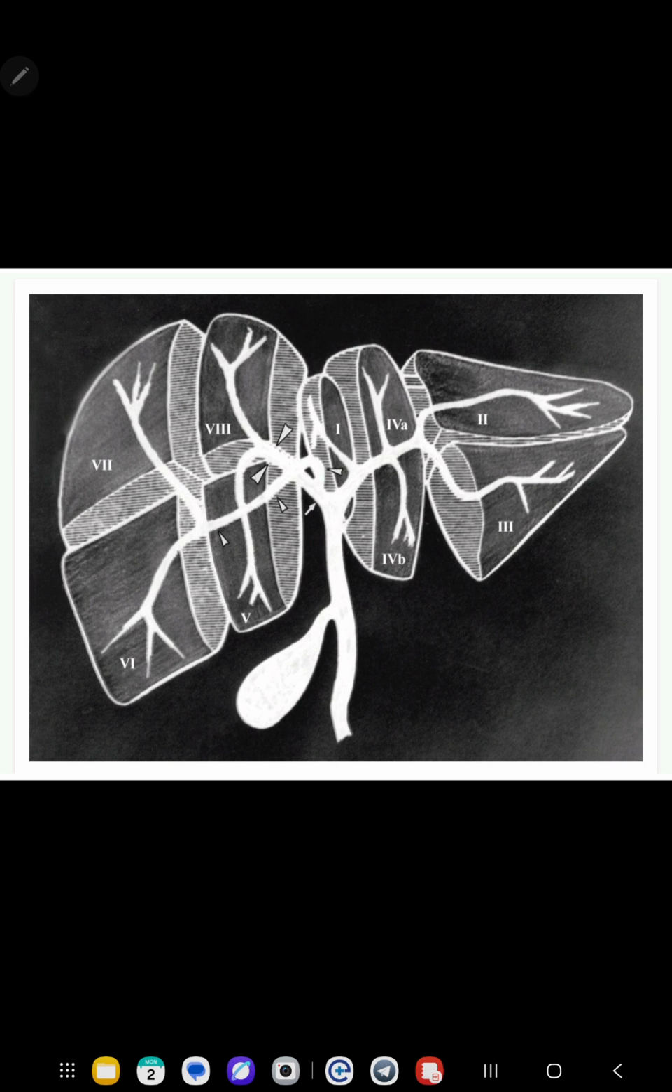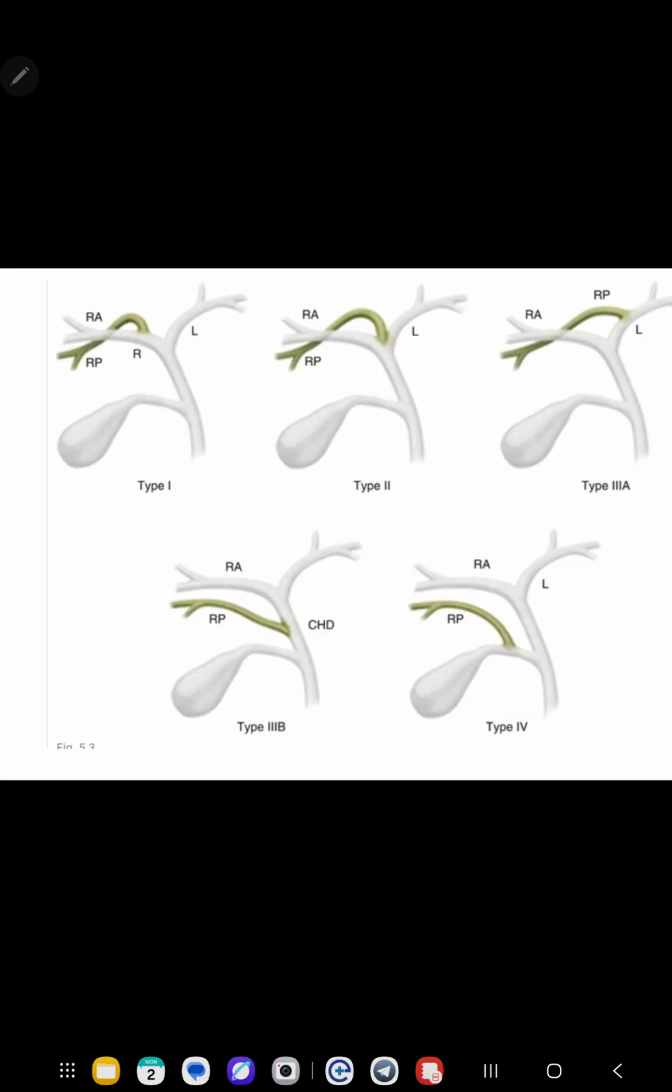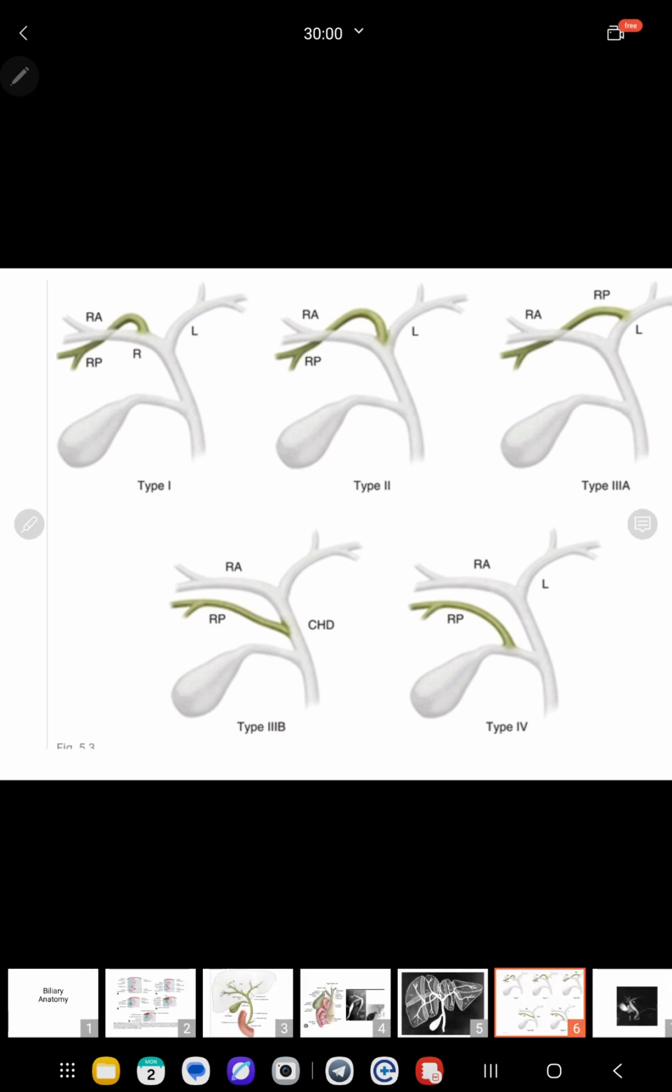So here the variants that can occur in these ducts are, the right anterior segmental duct, which arises from the right hepatic duct. It can arise from the confluence at the junction of the right hepatic duct and left hepatic duct, that is trifurcation, that is type 2. Type 3A is most common, where the right anterior segmental duct is arising from the left hepatic duct. It can arise from the common hepatic duct, that is type 3B, and type 4 it is arising from the